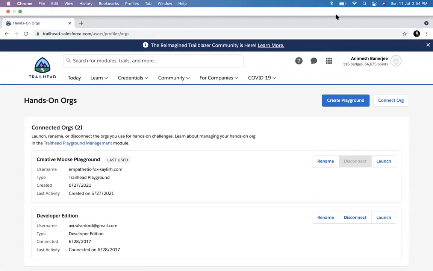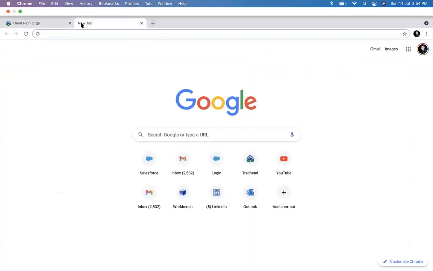So report and dashboard we have already covered, and I think most of you have completed admin, beginner, and intermediate. So it is very important now that we move into the creation of objects and fields.